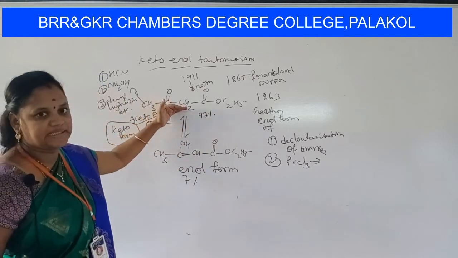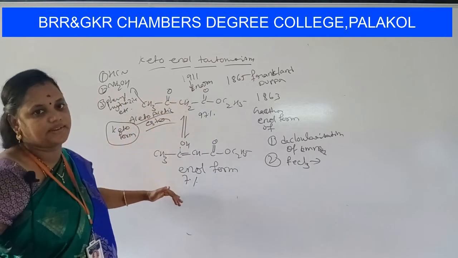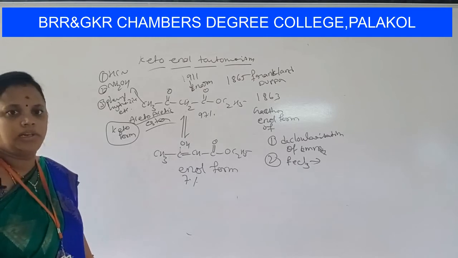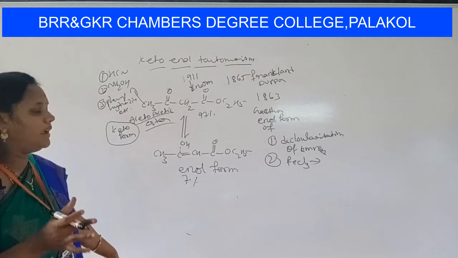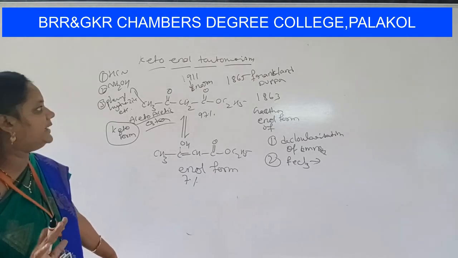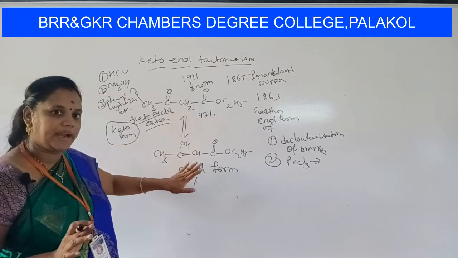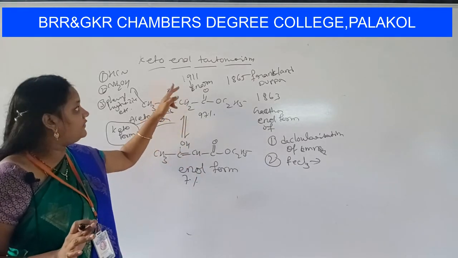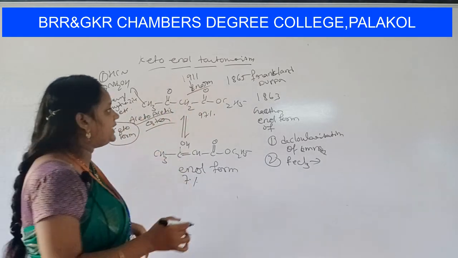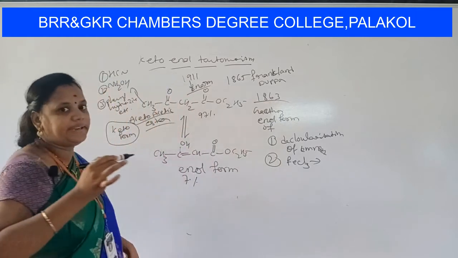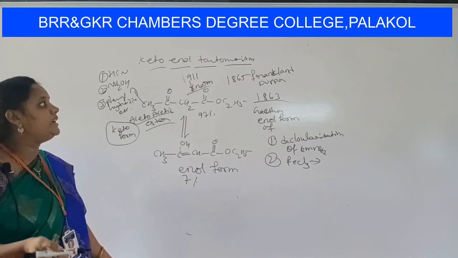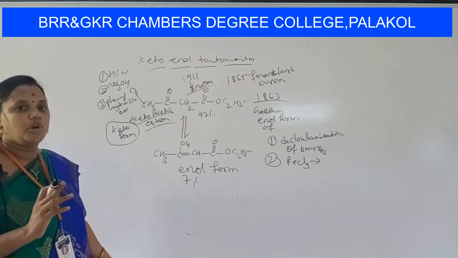He confirmed that the 2 structures are readily interconvertible, keto form to enol form and enol form to keto form. The scientist's name is Knorr. So starting from 1863 to 1911, it took almost 50 years, students, to confirm that acetoacetic ester has both the structures,